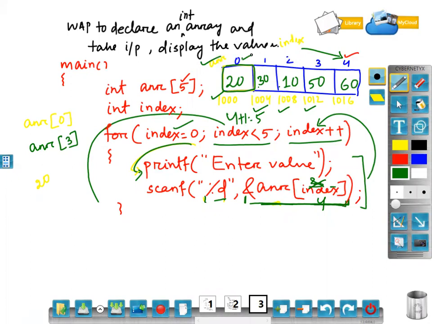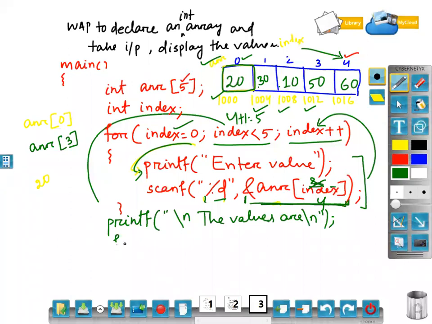So I will write printf, backslash n, the values are. All of you have understood that the use of backslash n is only for the next line. Clear? Now, how many values do I have to print? 5 values. So instead of writing 5 printf statements, I can use only one printf statement.